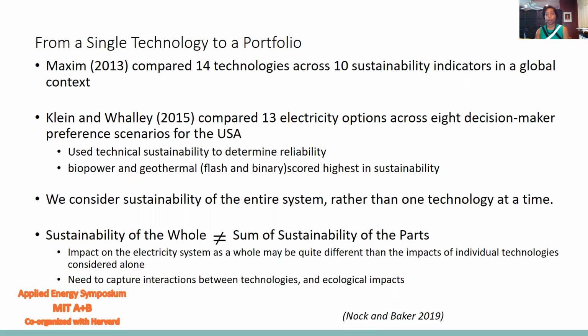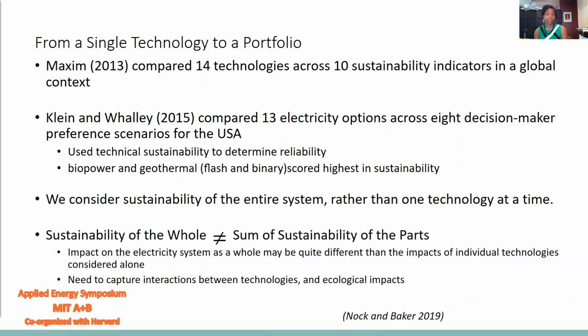Two key studies that we build off of are Max in 2013 and Klein and Willey 2015, where those two studies looked at individual technologies and asked which one was the most sustainable. But one thing that we know is that the sustainability of the whole system is not necessarily equal to the sustainability of the parts of that system, because there will be impacts that individual technologies have on each other based on the way that they're interacting with each other and operating with each other. So we need to capture these interactions in sustainable energy analyses,